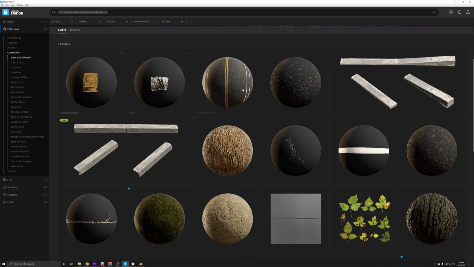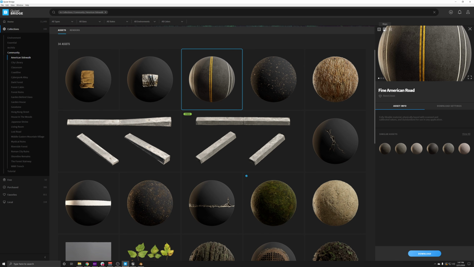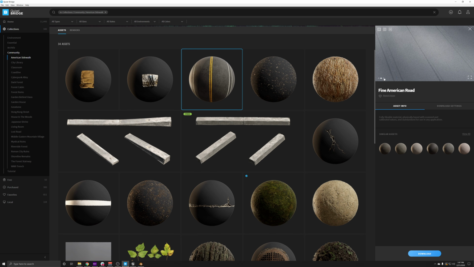Now I have the ambition to go back to it, looking at how nice an urban environment can look, and using that as inspiration to go back to my own work and say, here's how I can take it to the next level. That's how community creations and community collections can really influence people. Because I work here and I'm looking at that and I'm like, that is awesome, man. I want to do that. I have to agree with you.